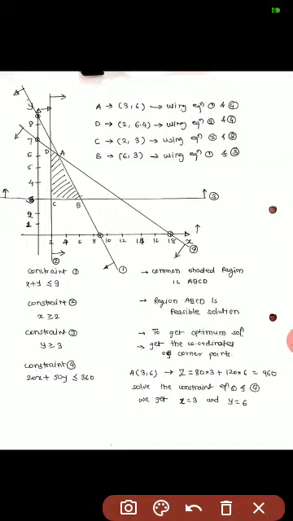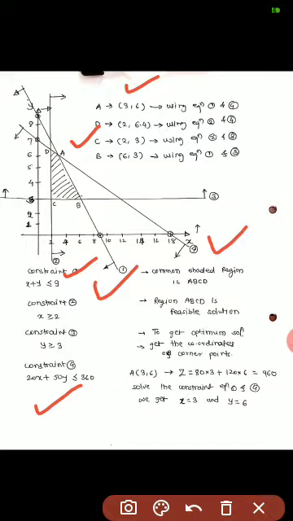But one question is how can we get these coordinates? Suppose we have graph paper, then directly by looking we can get the coordinates. But in this case, I am not using graph paper, I am using plain paper. So in that case, we have to consider a point. For example, this is point A, but this point A is on constraint 1 and the same point A is on constraint 4. And we have the equation for constraint 1 as x plus y is equal to 9, and for constraint 4 that is 20x plus 50y is equal to 360.